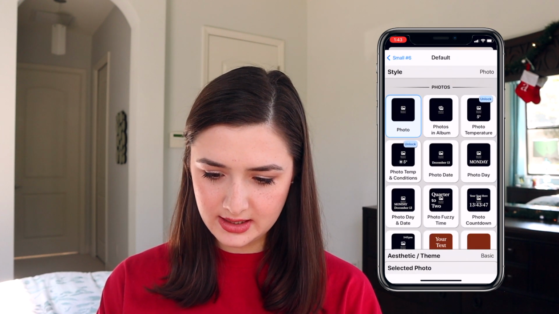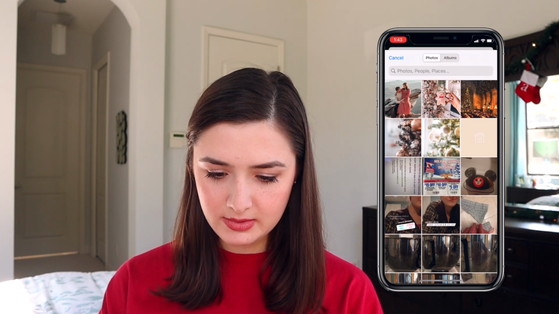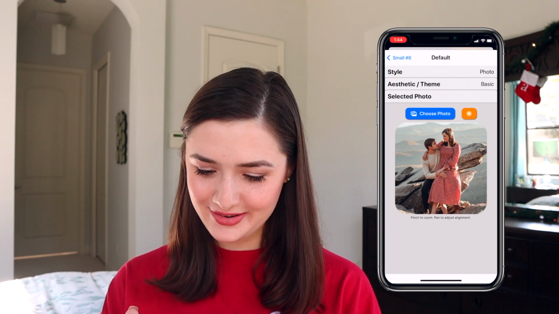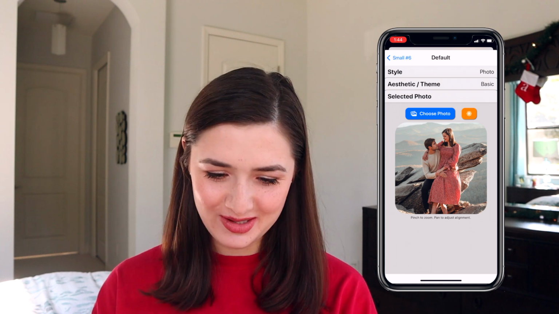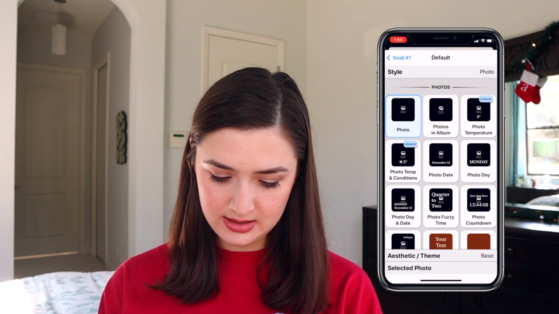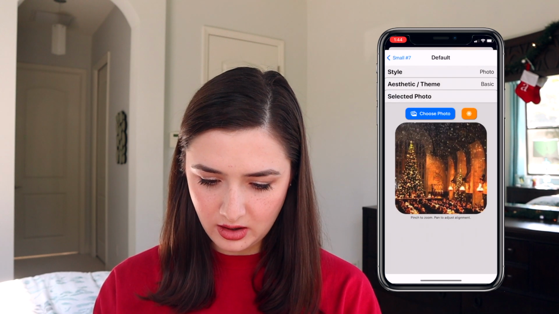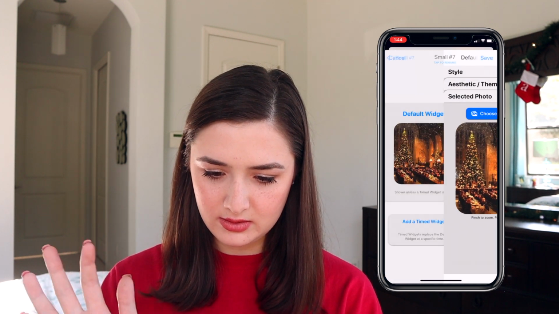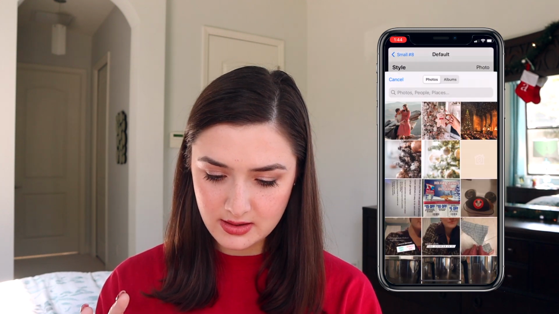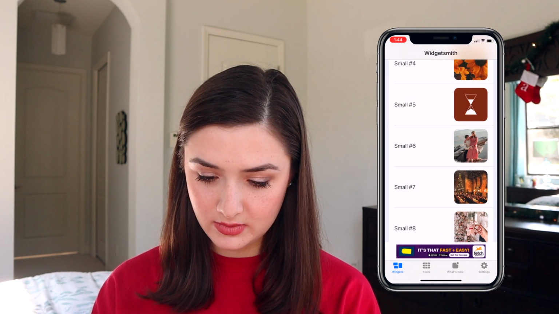All right, so I've selected a photo one, and now I'm going to choose photo, and I think I'm gonna add one from our little engagement, like couple photos, because I'm wearing a red dress. It can be Christmassy, right? All right, save. And then I'm also gonna add one of the photos I mentioned from Pinterest. I've got a little Hogwarts one. I don't know if I'm going to use that yet, but I'm just going to add them so that I have some choices to play around. Perfect, save.